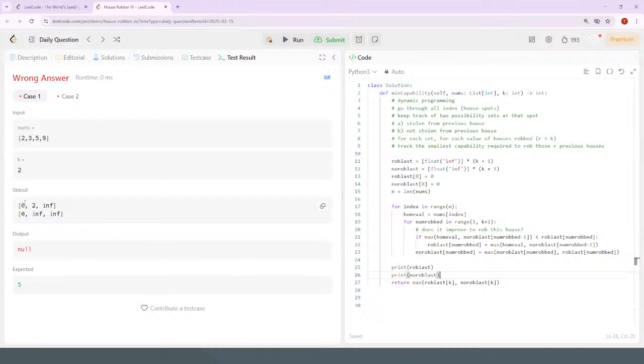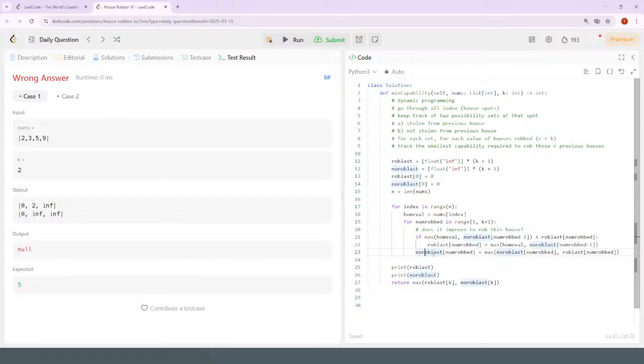So it made this thing into 2, and then what did it do here? So it updates the rob last as long as it's better, and then